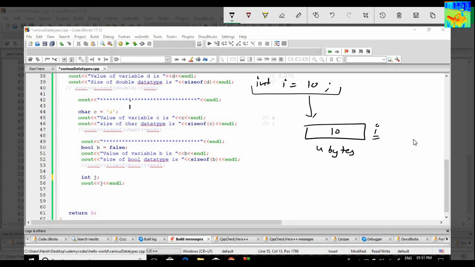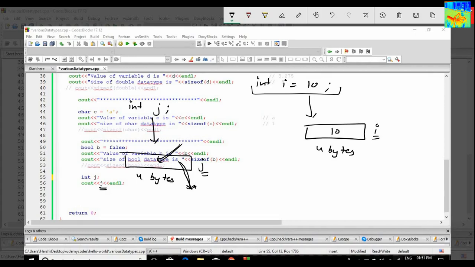But when I am writing int j, this line will give me 4 bytes of memory. I am naming this memory as j, but I am not putting any data inside it. So what will happen if I print the value of j? The answer is anything can be printed. I am not giving any value, so anything can be printed.